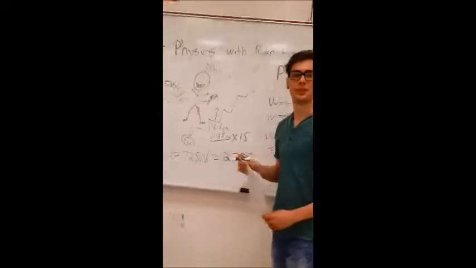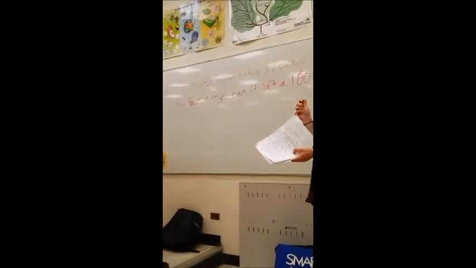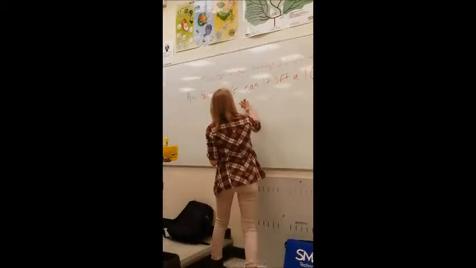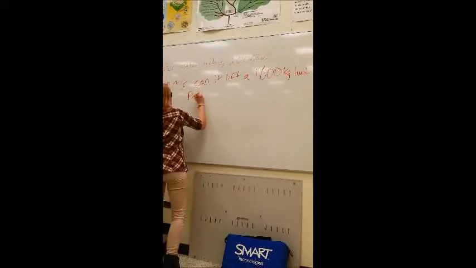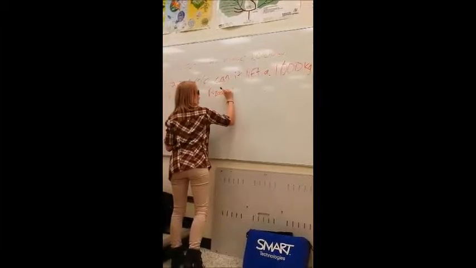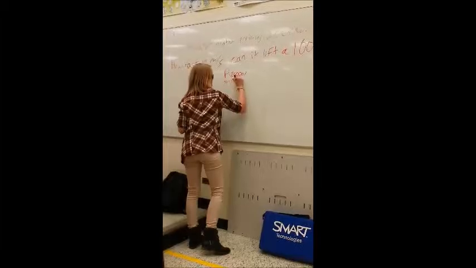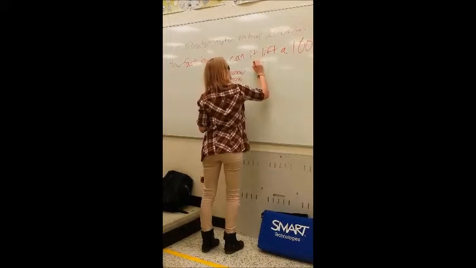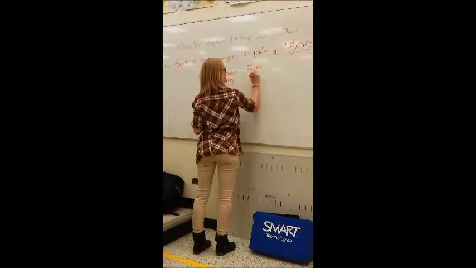So, our question. An elevator motor produces 2,000 watts. How fast in meters per second can it lift a 1,000 kilogram load? So, we have our power, which is 2,000 watts, and our mass, which is 1,000 kilograms. So, we will find our force by using the weight force formula, mass times gravity,